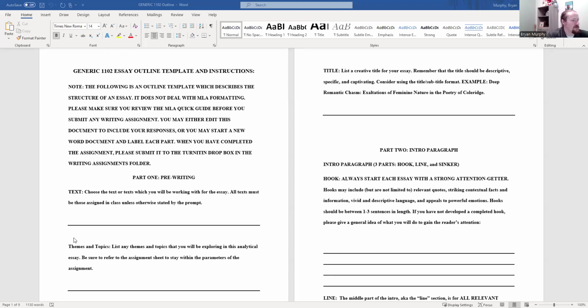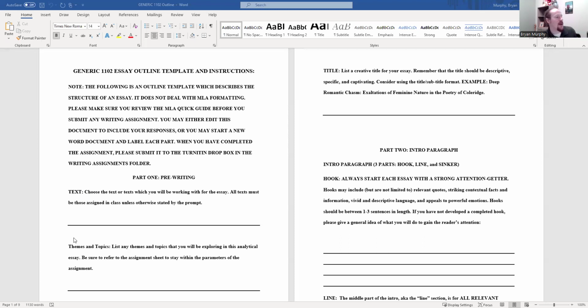So it's important to note first that this doesn't deal with MLA formatting or citations or any of that stuff. It doesn't mention a works cited page or anything. You're going to have that stuff, so that is a separate affair. Go and check the quick guide that's available to you. Go and make sure that your MLA is correct. But this basically just lists the various parts of the essay in order and kind of tells you what I